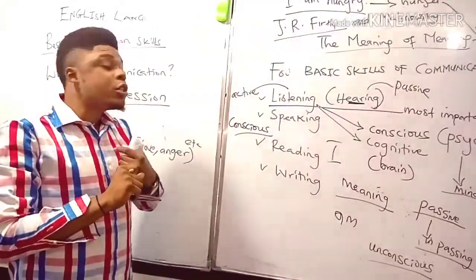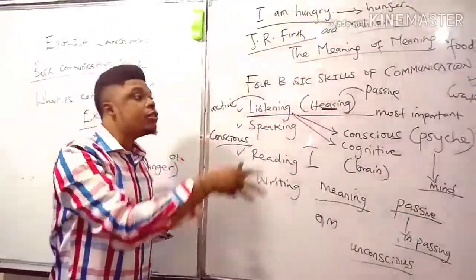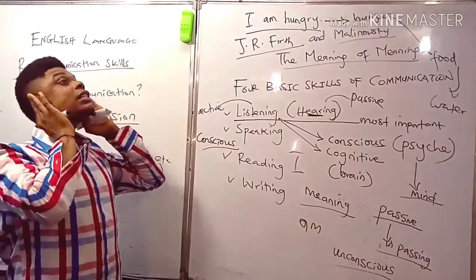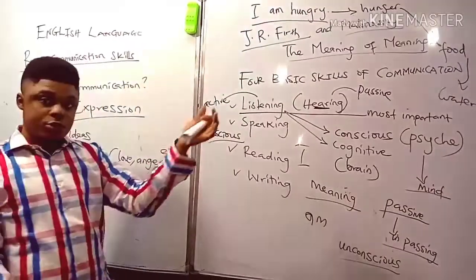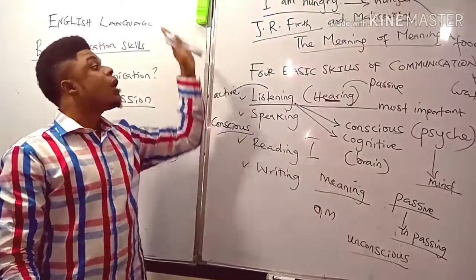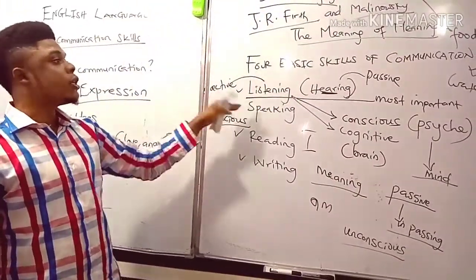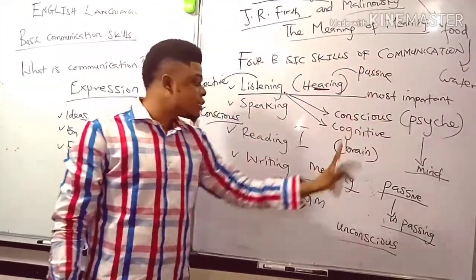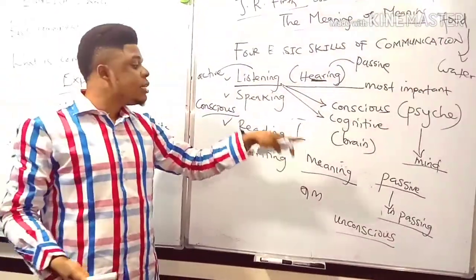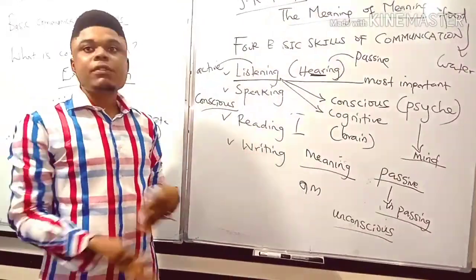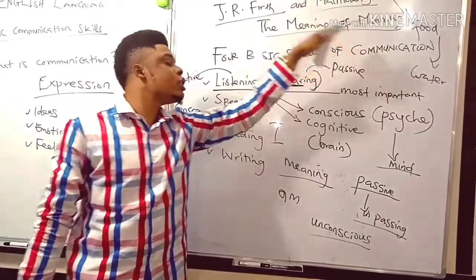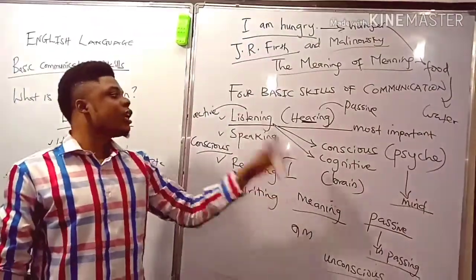Number one, must be very conscious of the person speaking to you. So that means your eyes must be on that person, your ears must be active to get all the sound waves that come from the person, and all of those things help us to make meaning. Remember that our aim, our major focus about communication is meaning. We must make meaning, because in the world we live in, without meaning, the world will be just meaningless. We just live in an empty space. So communication, the major basis for communication is to make meaning out of all of this.